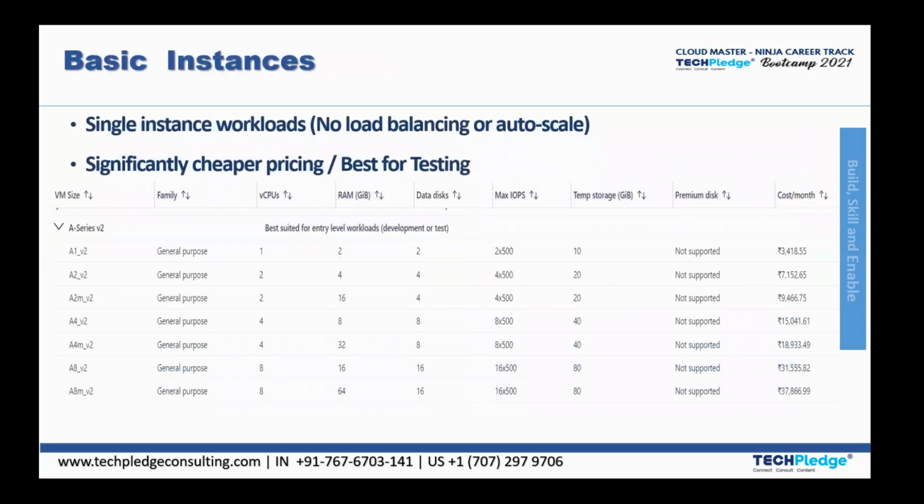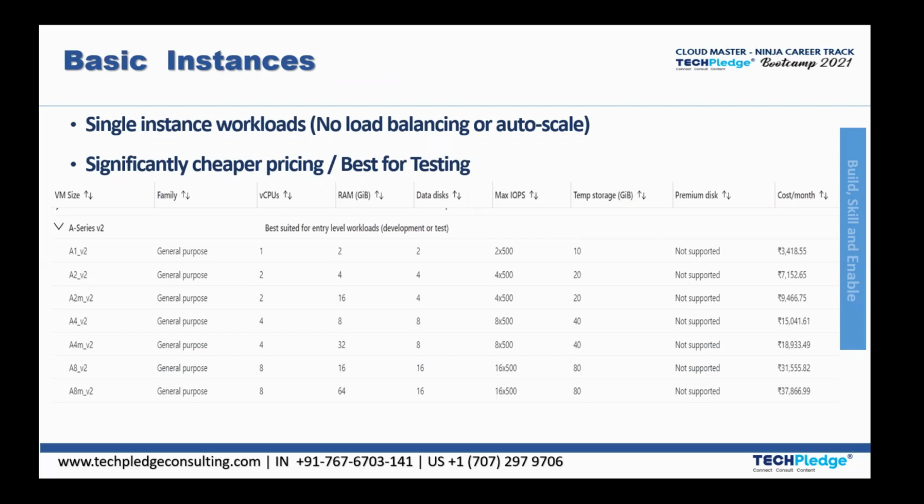Okay, let's go with the prices as well. As I discussed, there are different sizes and purposes of the particular sizes. So you can have a view here. If you are going with higher compute resources, the prices are shown as cost per month. As you can see, IOPS, input output per second, is all about speed. If the performance is increasing, if the data disk is increasing, if the RAM is increasing, if the number of CPUs is increasing, in short, the bottom line is that if you are going with higher compute resources or high performance, the charges would be accordingly higher. Cost per month would increase.